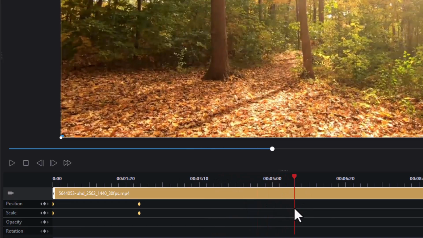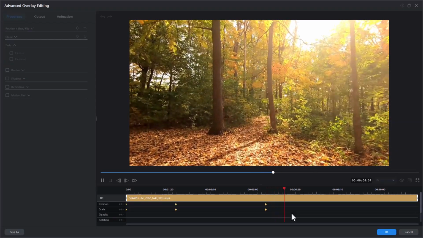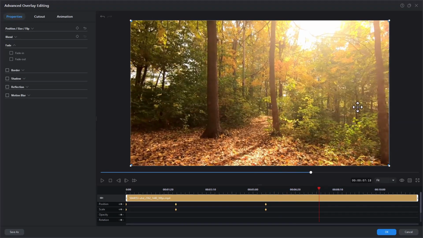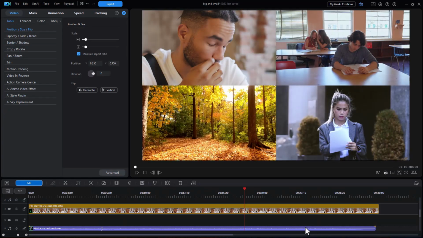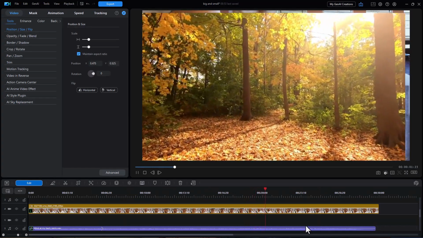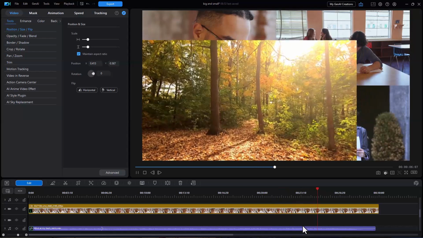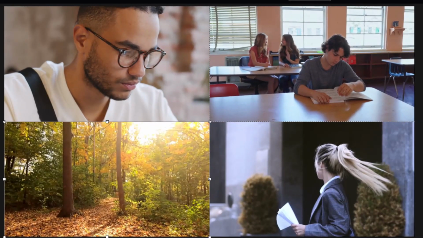Okay, let's make this where we duplicate the keyframes. That's the time that stays on the screen. That would be a good beat right about there when it goes back and returns to its normal size, sharing the screen with the other clips. Okay, so now if we play the whole thing together,